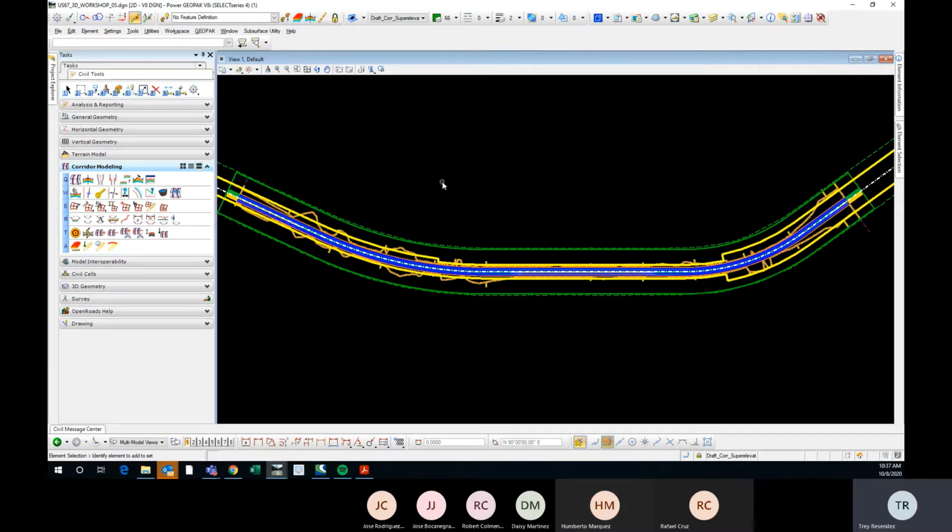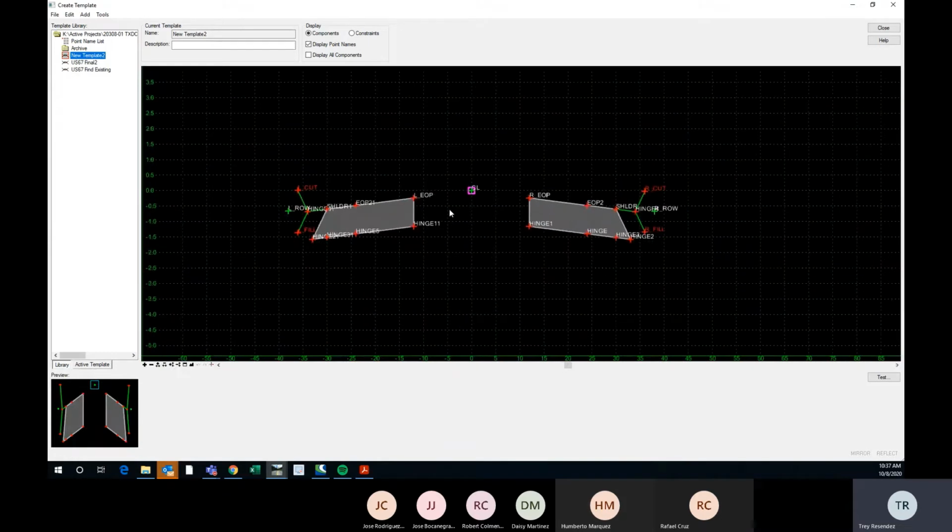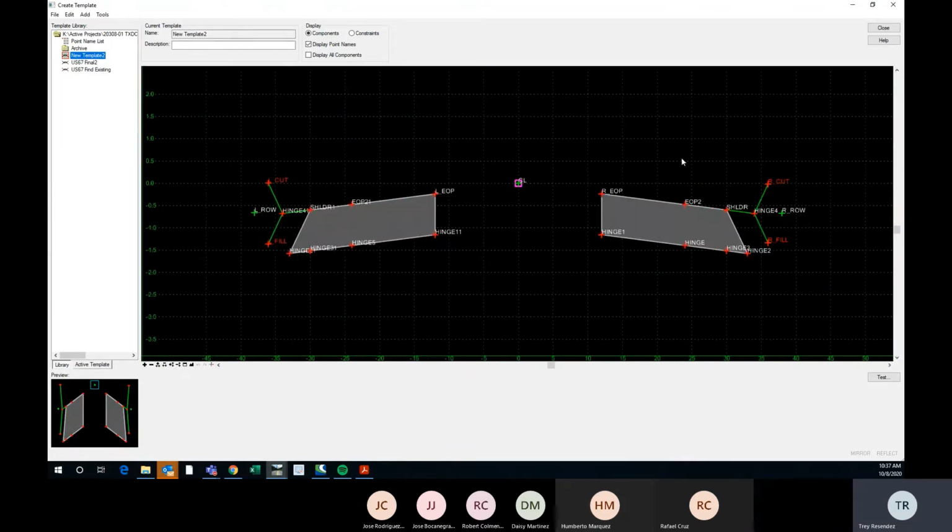So I guess to start out with, if we go to our template library, then here's the template that we've been using for this project. And really, the main thing that you need to know to create a proposed terrain